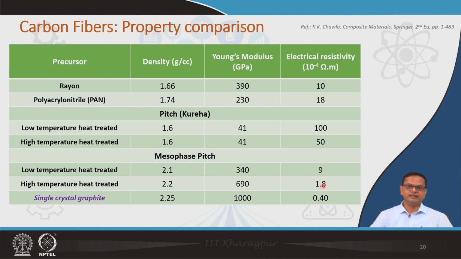You can see here it becomes more graphitic, or it goes towards a perfect graphitic structure, and that leads to a decrease in the electrical resistivity. Similarly, for rayon and PAN, based on the precursor material, you can see the modulus and the electrical resistivity vary. Obviously, if you compare with single crystal graphite,